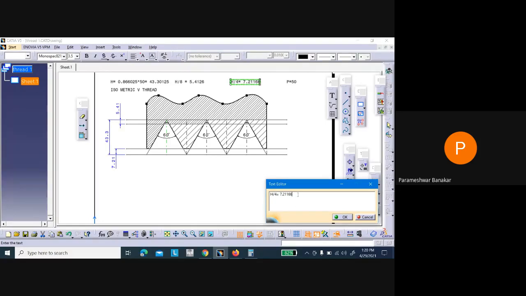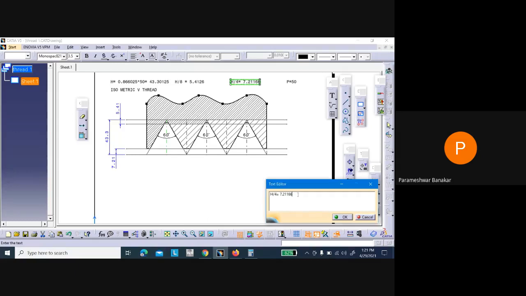Then again, it will be around some 10 point something. I just got confused between this internal thread and the external one initially, so that is the reason I said h by 6. It must be h by 4. In an external thread, it will become h by 6. So now if it is h by 4, then how much will it be?